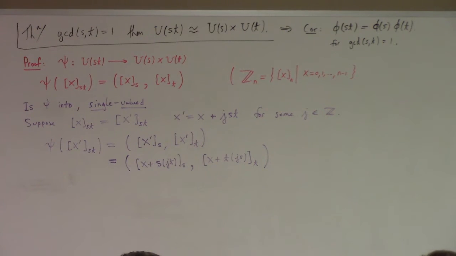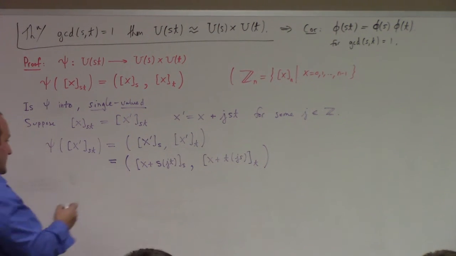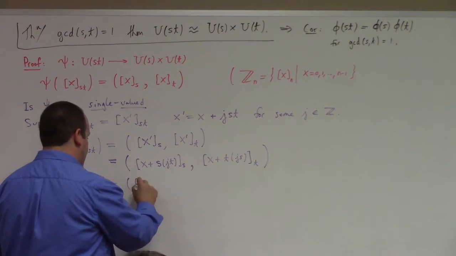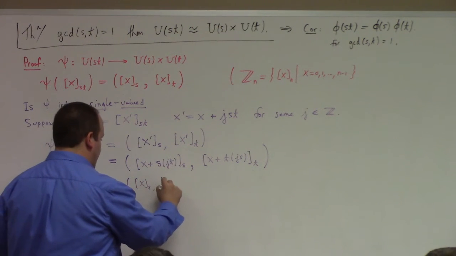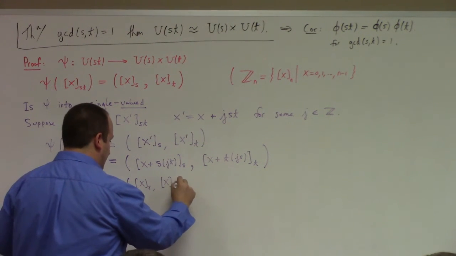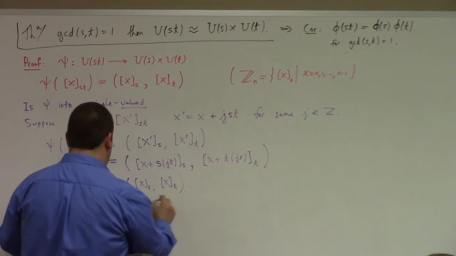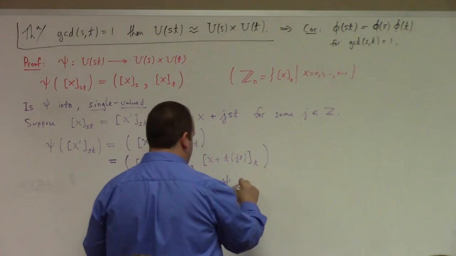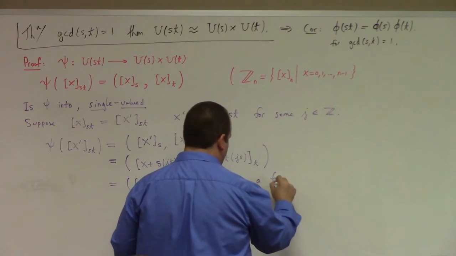But by the rules of modular arithmetic, mod s and mod t, those multiples get squashed to nothing in the equivalence class construction, and we're just left with x and x. Which shows what? So therefore, psi is single valued, is a function,